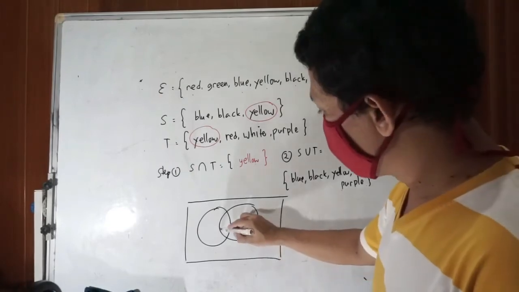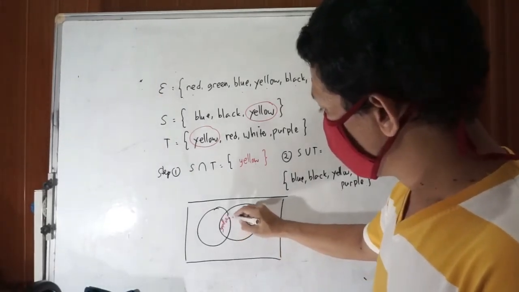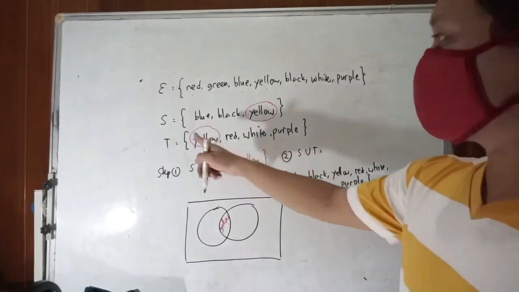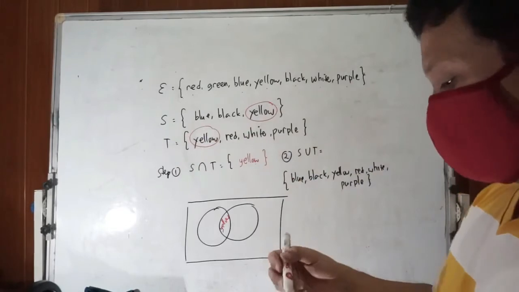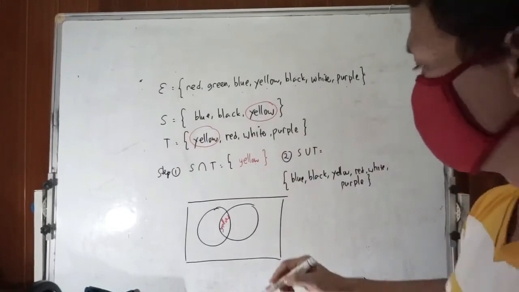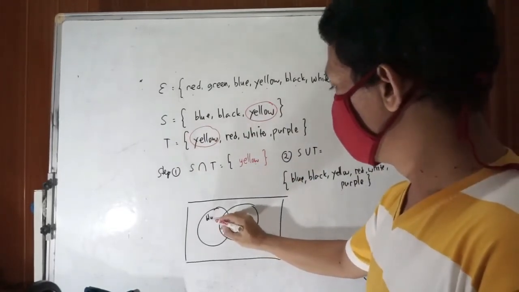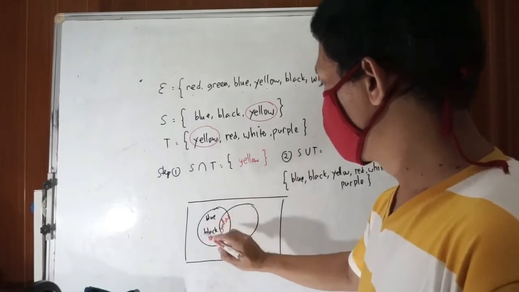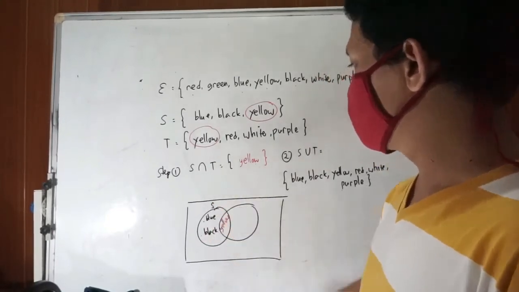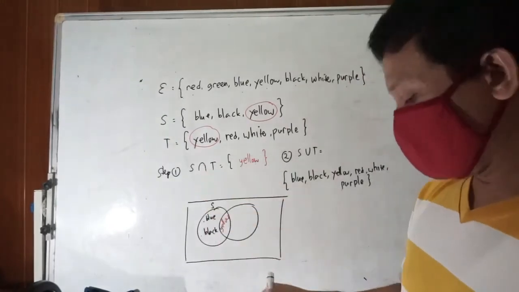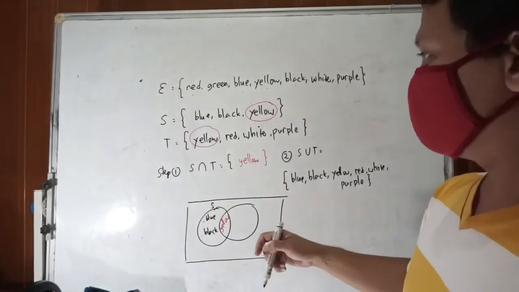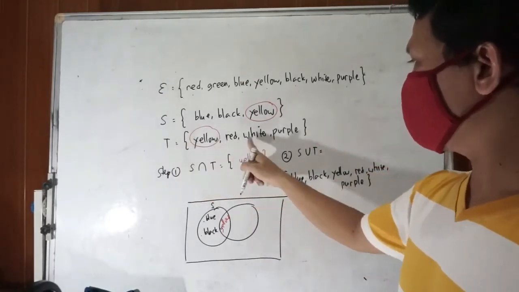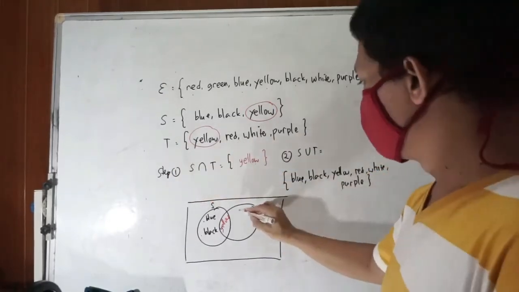Yellow is here. And then for set S, out of yellow is blue and black. Right? Set S. And set T, out of yellow for set T is